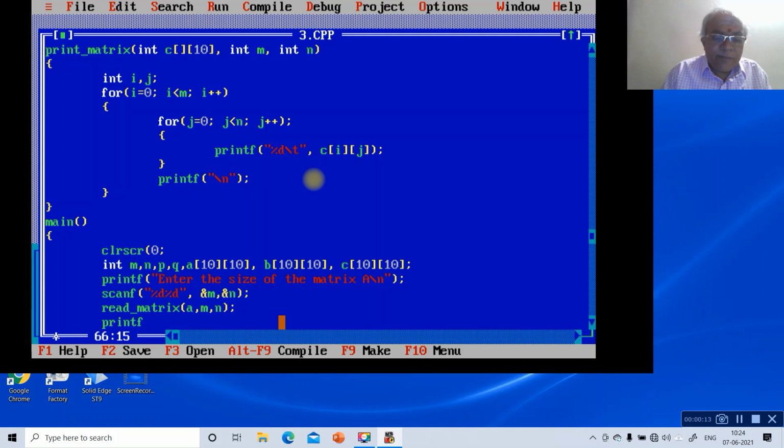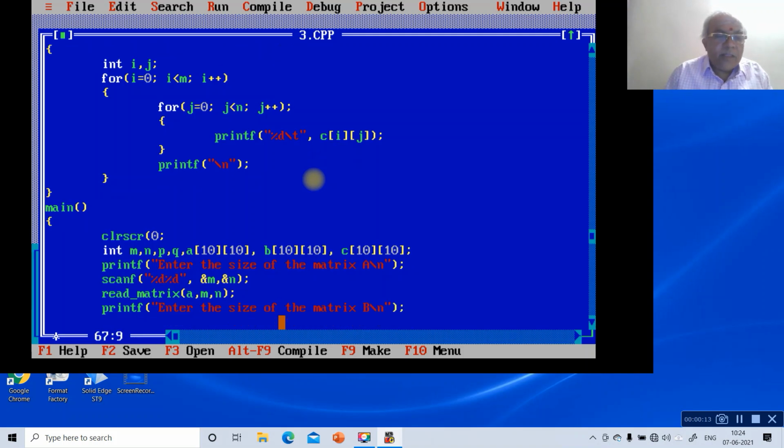Then printf "enter the elements of the matrix A". Then printf "enter the size of the matrix B", scanf("%d %d", &p, &q).